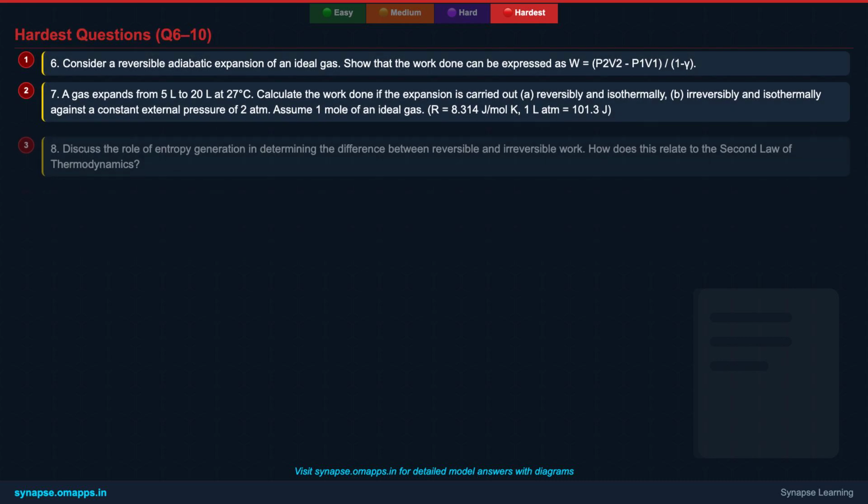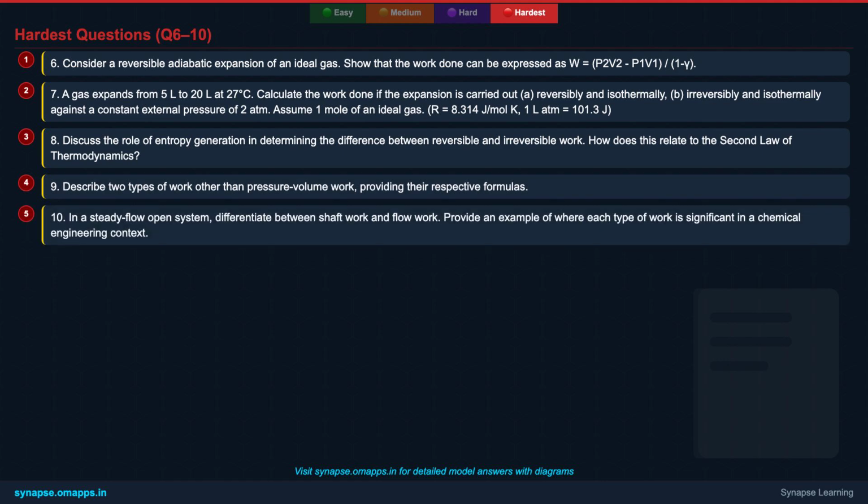Here are the final 5 questions, pushing your limits even further. These involve delving into adiabatic work, the role of entropy, and distinguishing between various types of work, including those relevant in engineering. Think critically about the implications of path functions versus state functions and how different thermodynamic potentials relate to work. Mastering these will truly solidify your expertise in the topic of work within chemical thermodynamics, preparing you for competitive